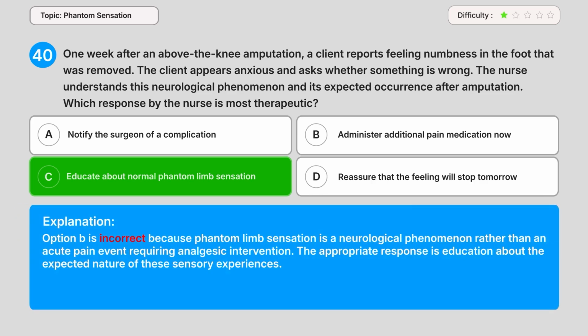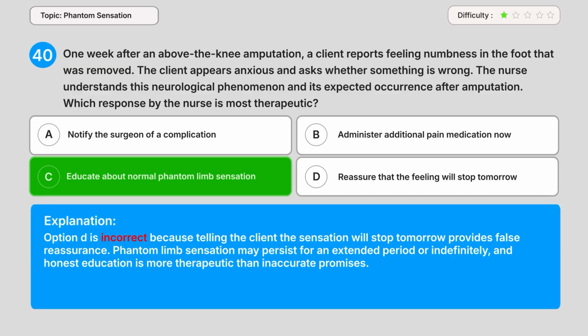Option B is incorrect because phantom limb sensation is a neurological phenomenon rather than an acute pain event requiring analgesic intervention. The appropriate response is education about the expected nature of these sensory experiences. Option D is incorrect because telling the client the sensation will stop tomorrow provides false reassurance. Phantom limb sensation may persist for an extended period or indefinitely, and honest education is more therapeutic